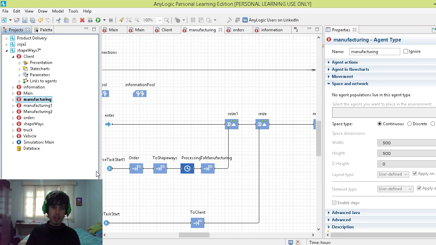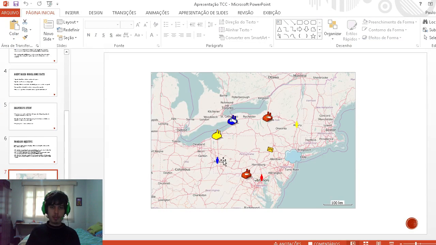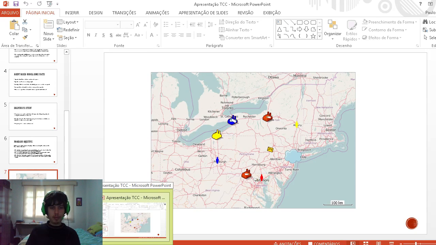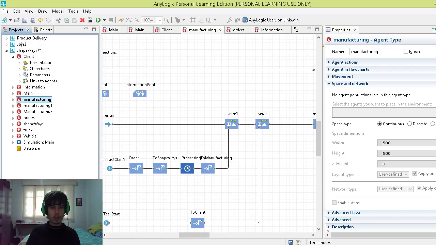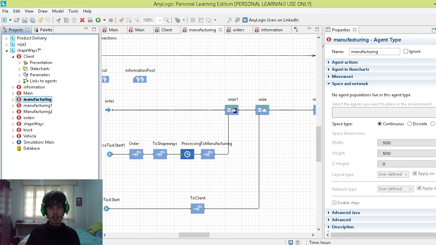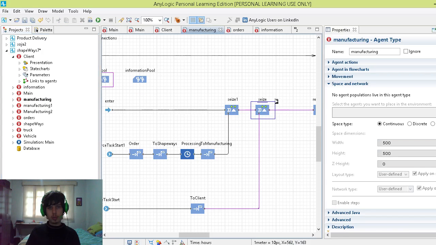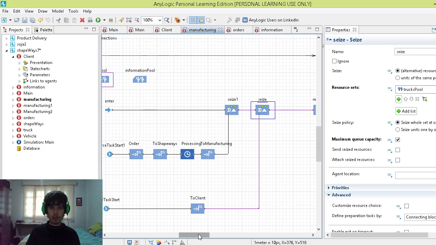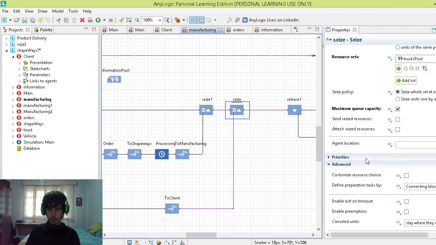So what I made here is put the message on my client, send the message to Shapeways, and then send the message to blue manufacturing. Alright, so let's come here, and after that he comes to the second size unit. So in the size we'll do the same